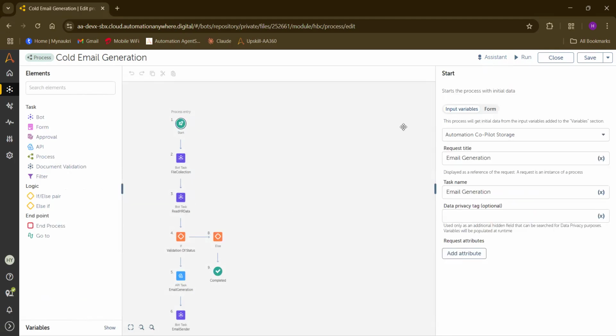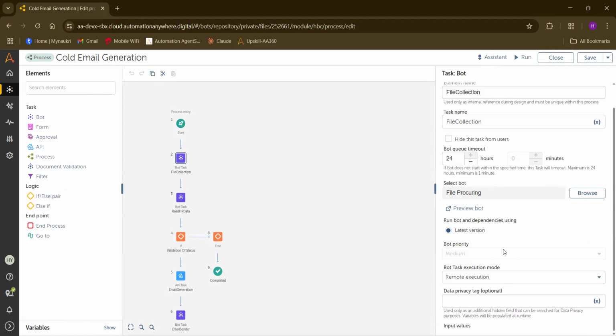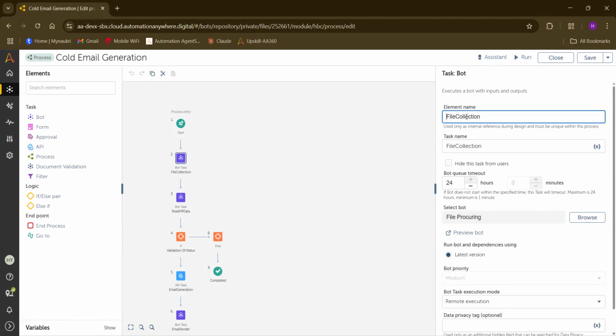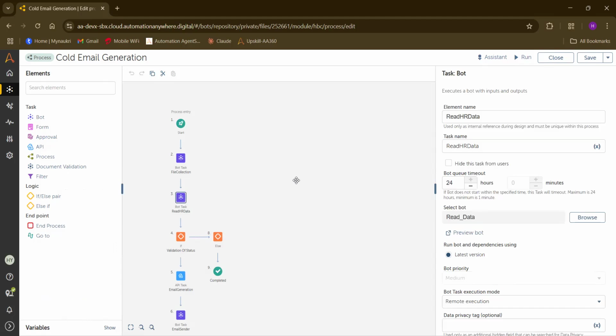Here you can see I selected the automation copilot storage as a queue. In the file collections, it will collect the files like attachments. Next, read data.